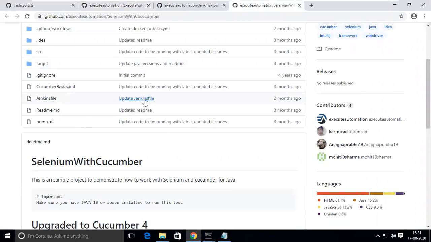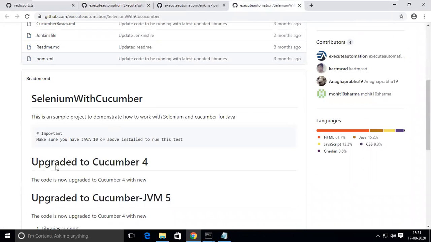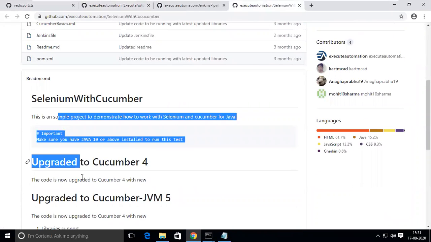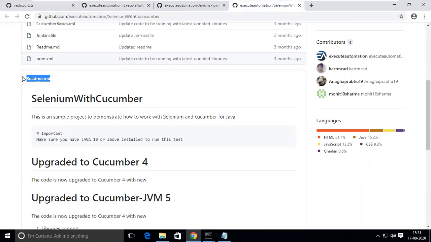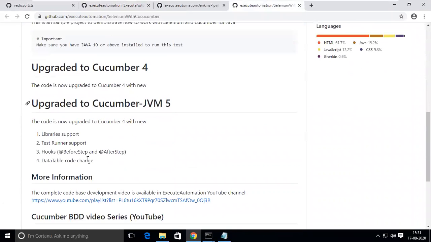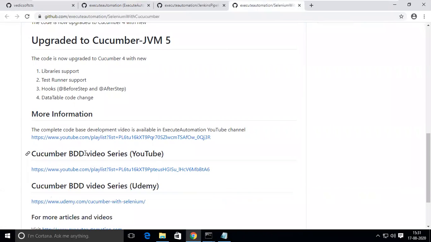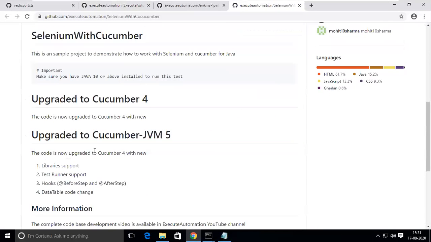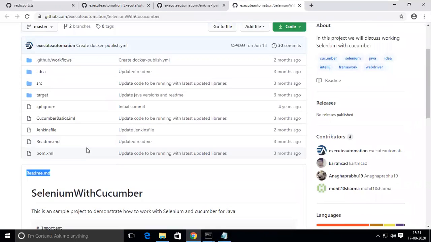Selenium with Cucumber, and there is a readme.md, no? Like a readme file. What is the use of this one, where to connect it, and how to execute it, or any information about your application you can put in the readme file.